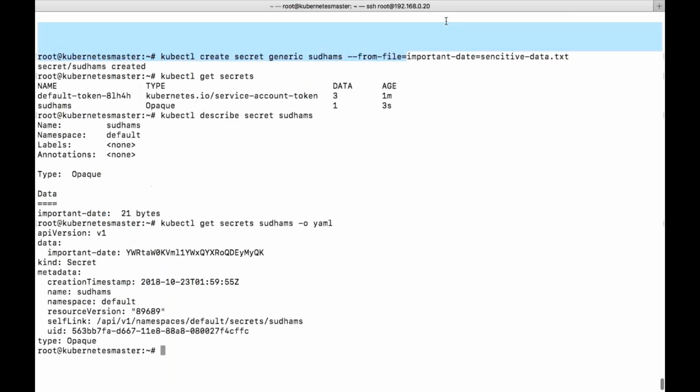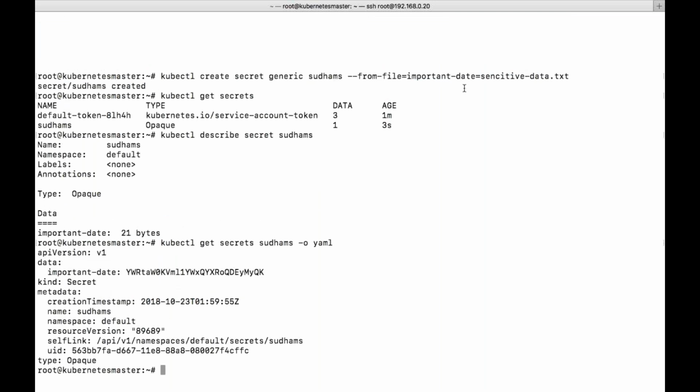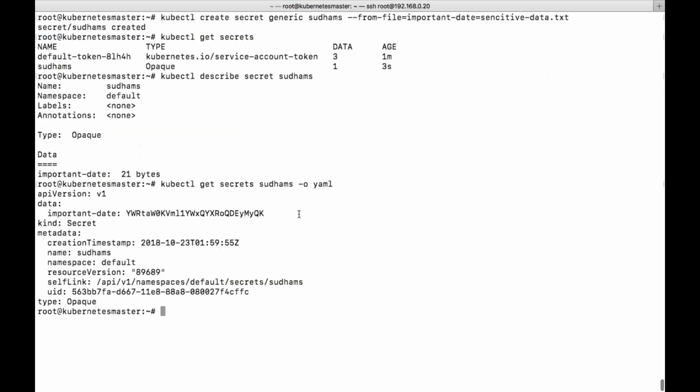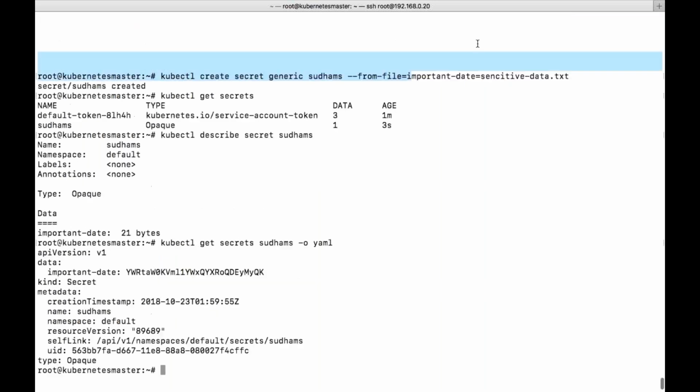If you want to specify your own key name, then we need to give this particular parameter. So this is how we create it, and this is how we protect our data.